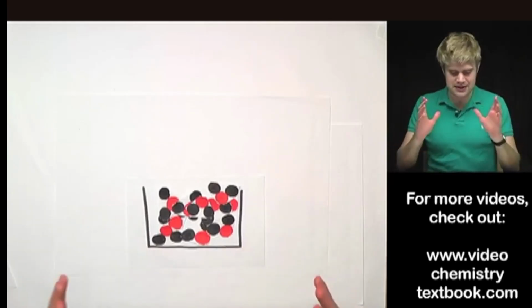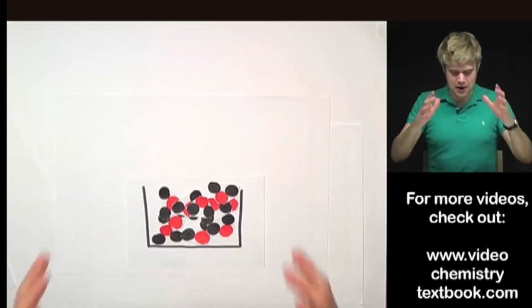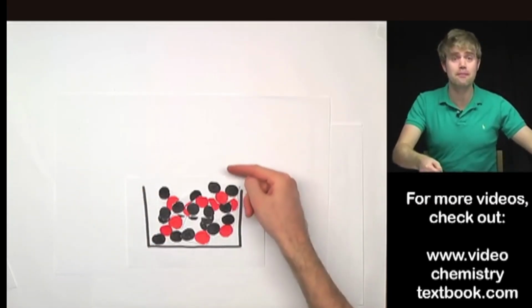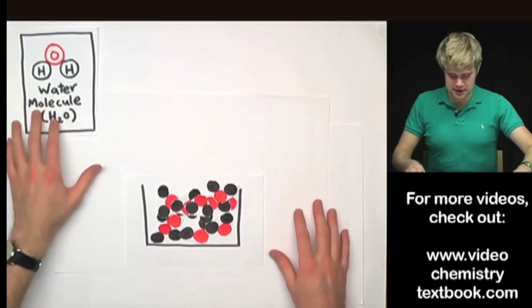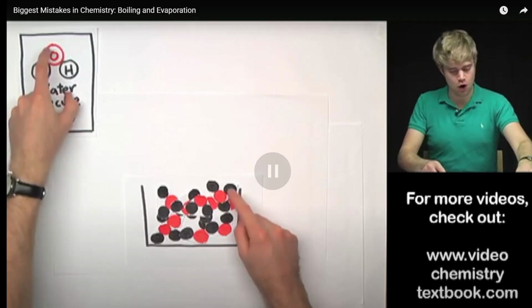So here is a very tiny glass of water. Well, it's a tiny glass of water that we've zoomed in zillions and zillions of times so we can see what makes it up. And what we see is that this glass of water is made of all of these water molecules. Okay, so that little particle that contains one oxygen atom and two hydrogen atoms is called a water